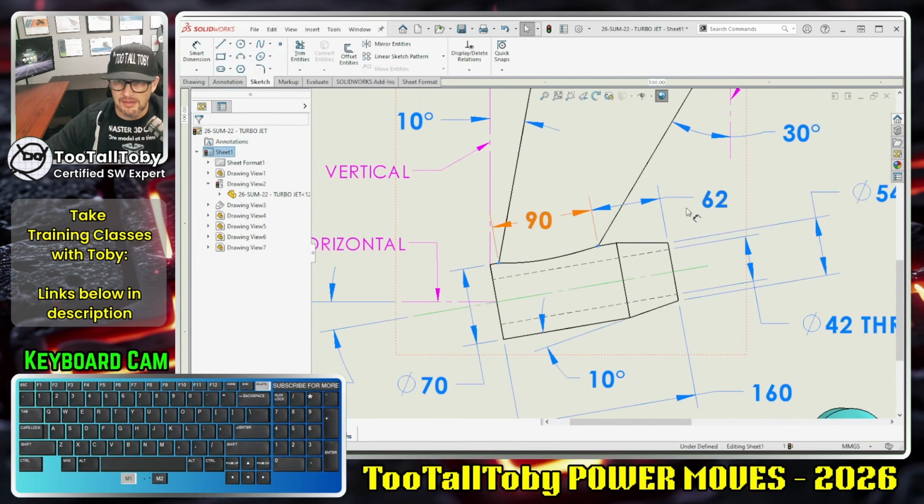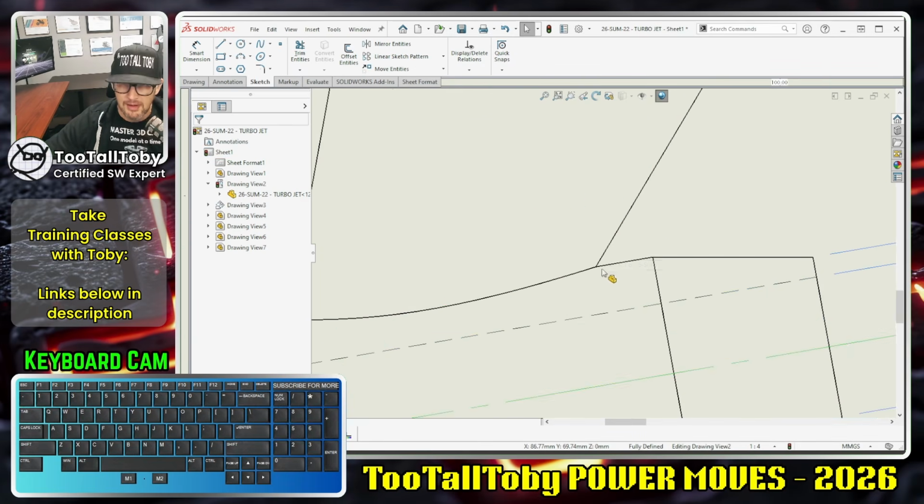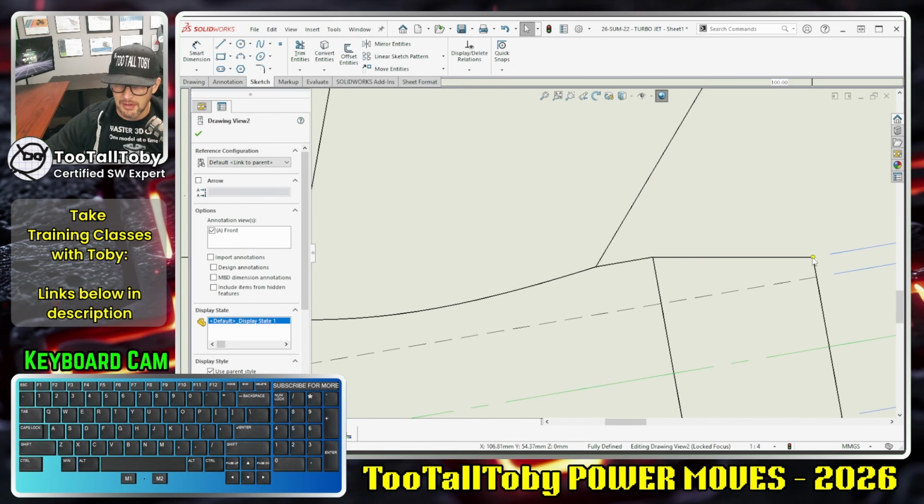So if you look at this 62 dimension, you can see here that when I attempt to dimension to this point, or even when I attempt to select this point here, I can't seem to just select that point there. I can select this arc or this line or this line, but I can't seem to just pick the point that's there at the end point. See, normally you could do that. I could pick this point here, or I could pick this point here,